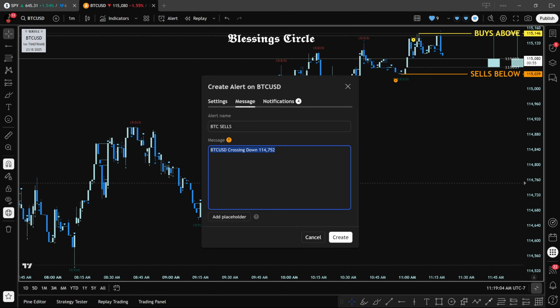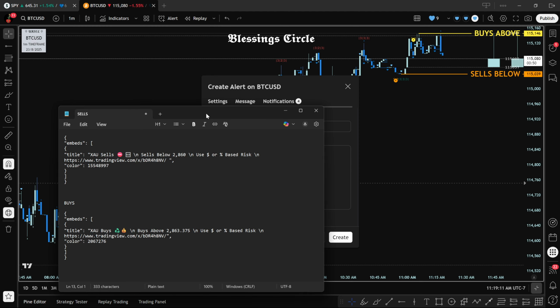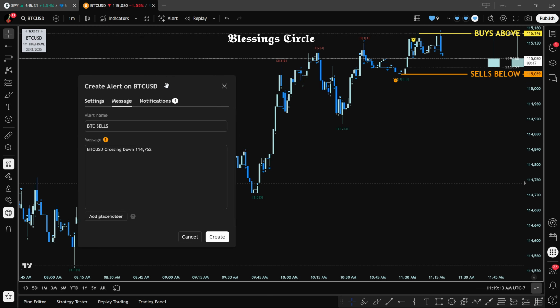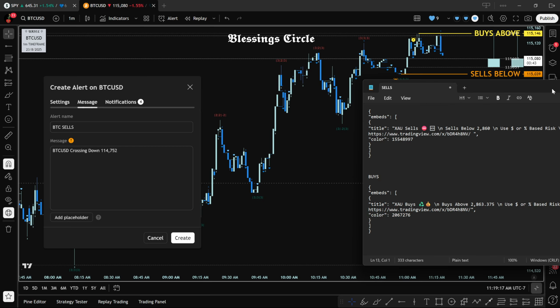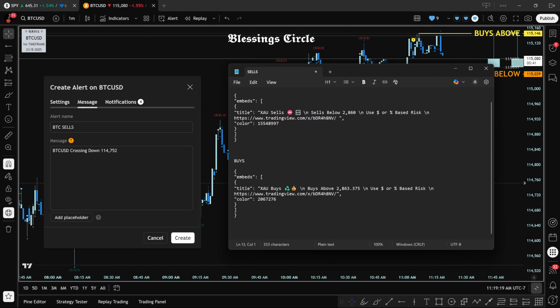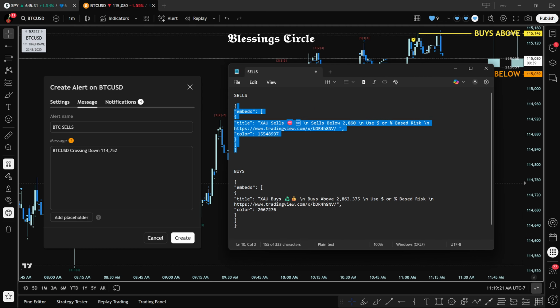And then again, this code I am going to share with you guys in the description, but this is pretty much it. You have one code for the sells, you have another code for the buys. So let's go ahead and copy the code for the sells. Copy,